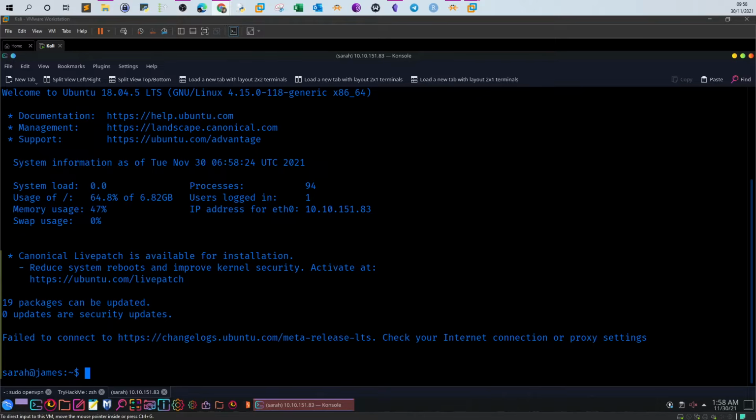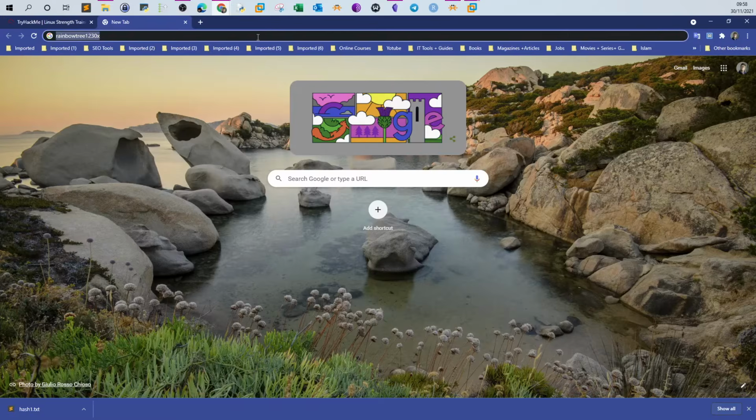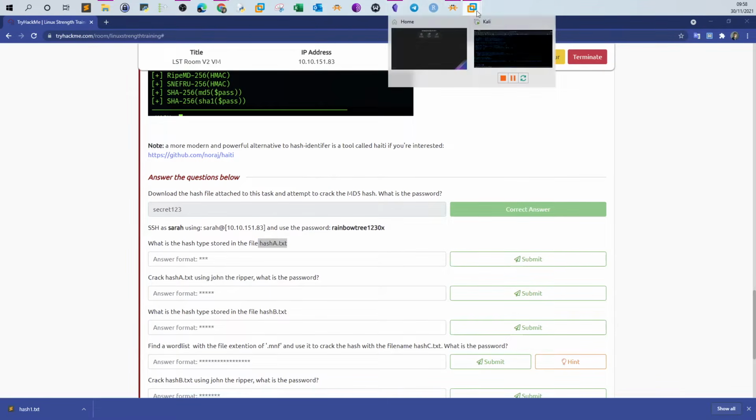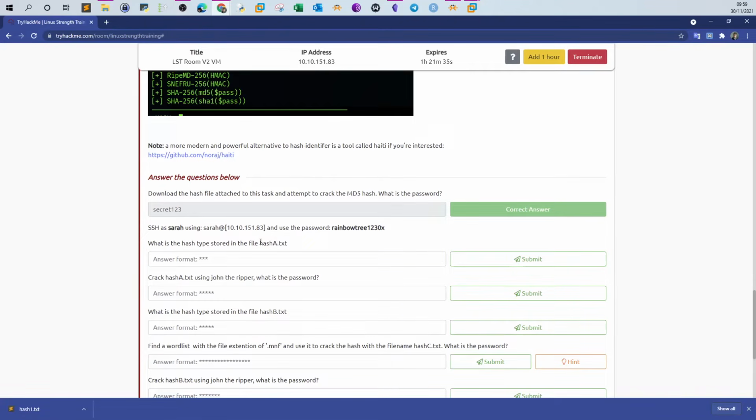Okay, going back to the questions. Let's close this one. Sometimes I get lost between tabs. Okay, what is the hash type stored in the file hasha.txt? So here we have to find the type of hash. So ls. Where is the file? Let's look for the file first. find / -type f -name hasha.txt